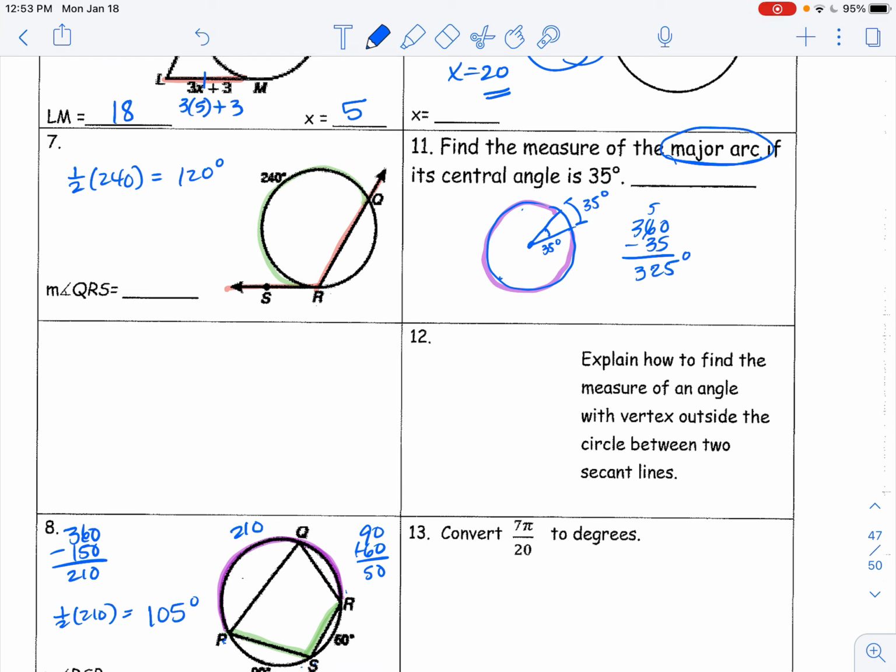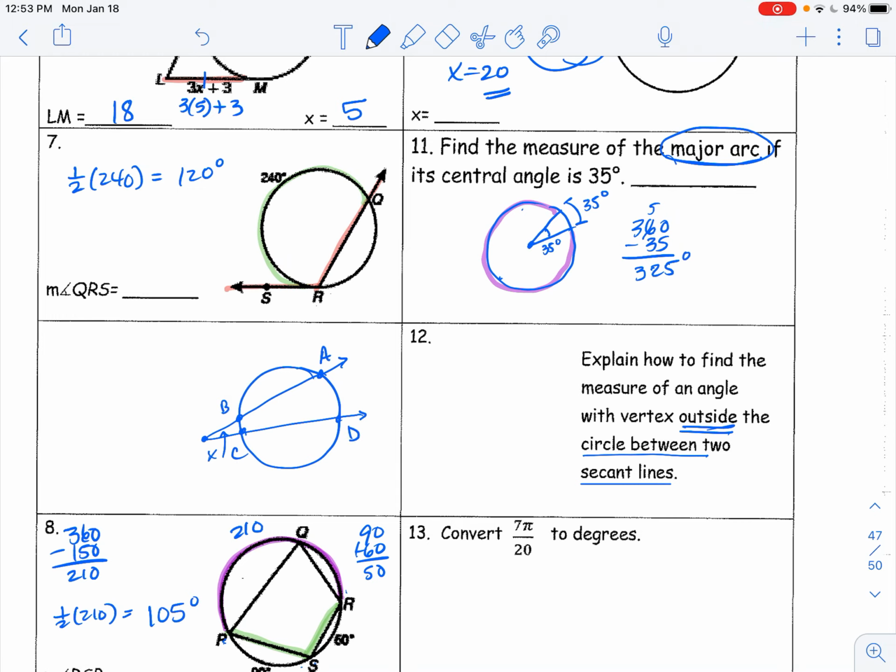Number 12, explain how to find the measure of an angle with the vertex outside the circle. Let me draw a picture here. Here's my circle. My vertex is outside the circle, and it's between two secant lines. Secant lines are going to intersect twice. So it's going to be something like this. This is my angle, x, and I'll go ahead and identify some of these intersections. Let's call these A and B,